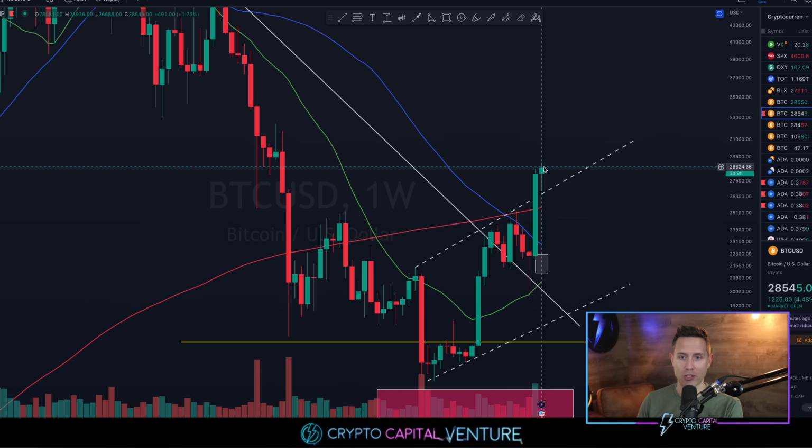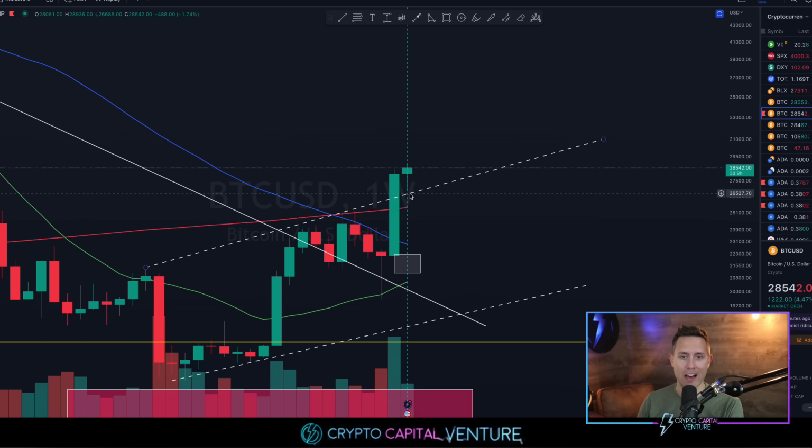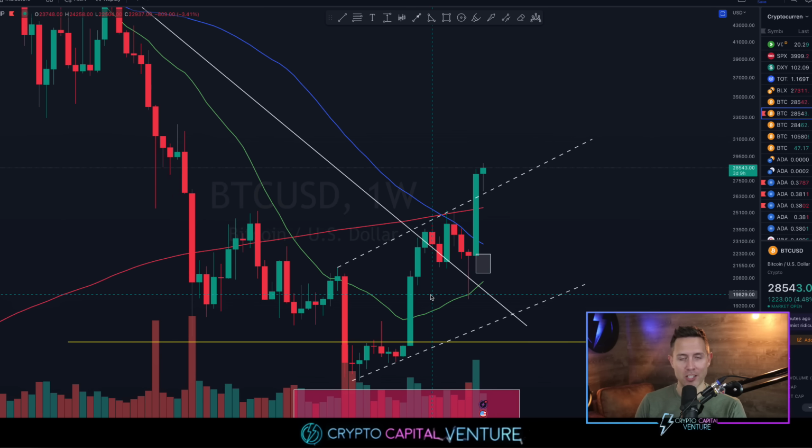Still 3 days, 9 hours left, but look at this wick on the weekly, and it really just extends right down real quick to the upper trend line. So even getting a picture of that throwback on the weekly, it just looks nice from a macro perspective. Now, we've already noted probably multiple times, we're above the 200, the 50, the 20-week moving averages. This is huge for Bitcoin exiting the bear market. It's not to say there's not going to be a huge throwback to these areas, but this is a huge